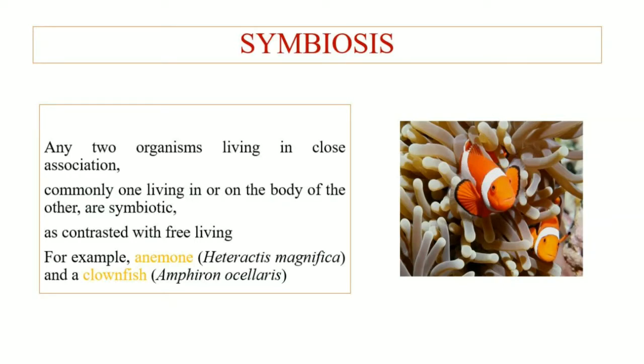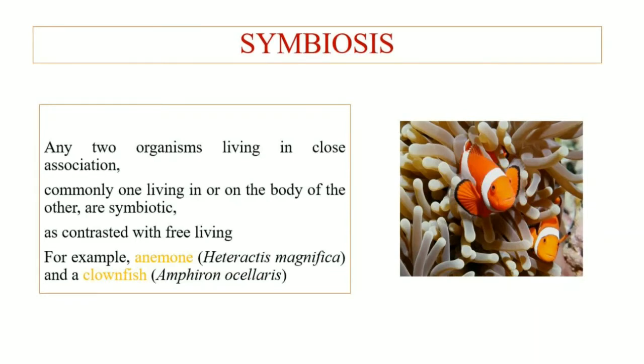So here, for example, is the association that exists between an anemone and a clownfish. In this type of association, the anemone provides the clownfish with protection and shelter, whereas the clownfish provides the anemone with nutrients in the form of waste and also scares off potential predator fishes. So this is a type of mutualistic symbiotic association, and next we are going to discuss the different types of